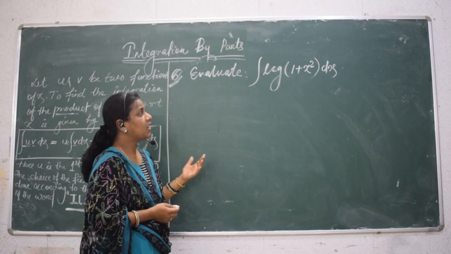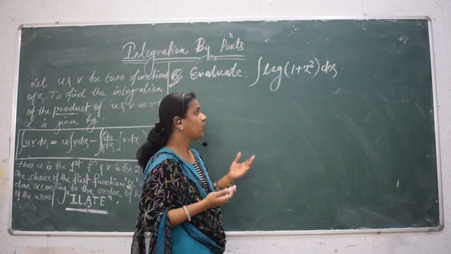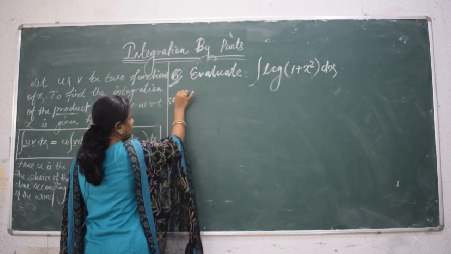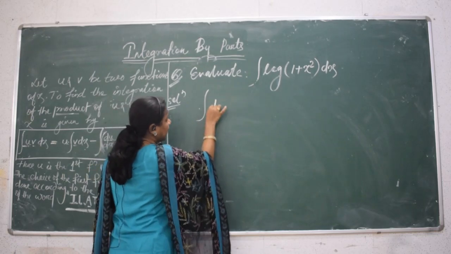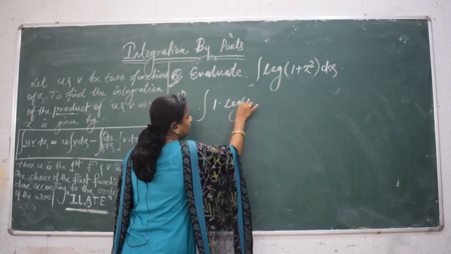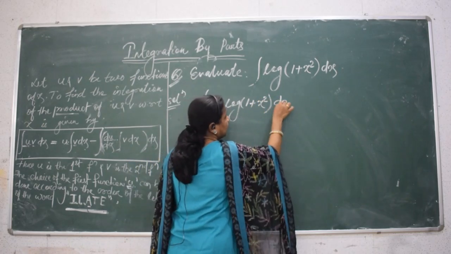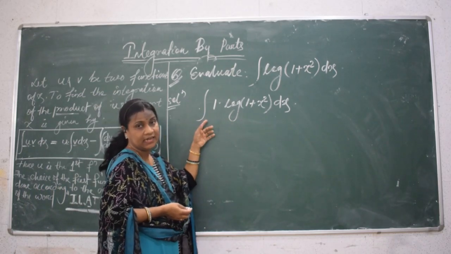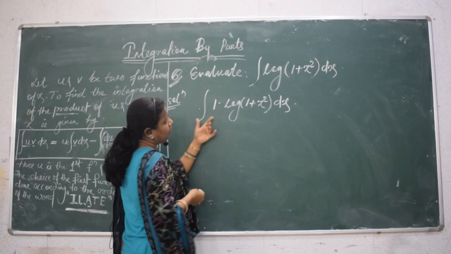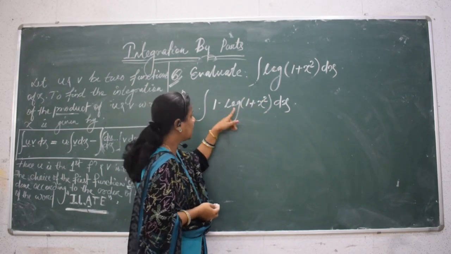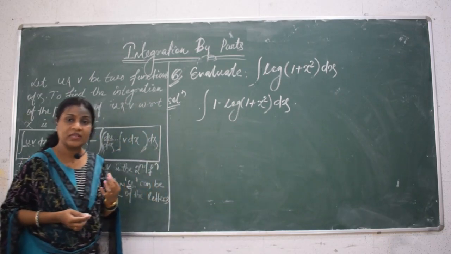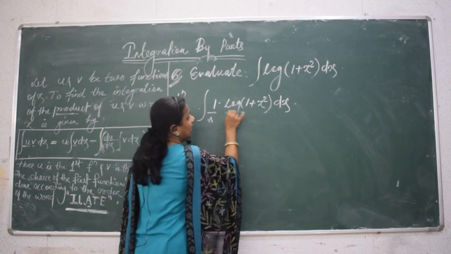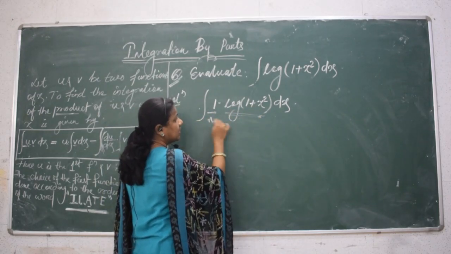So how to do this one? Here two functions are not there. So what will you do? Here nothing but 1 is there. We can write the solution as the integration of 1 into log(1 plus x square) dx. Here you can use by parts to solve this integration. Here 1 means x to the power 0, which you can take as the algebraic function. So 1 is the algebraic function and log(1 plus x square) is the